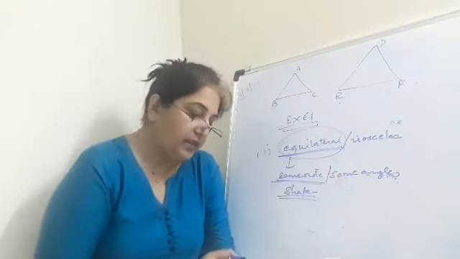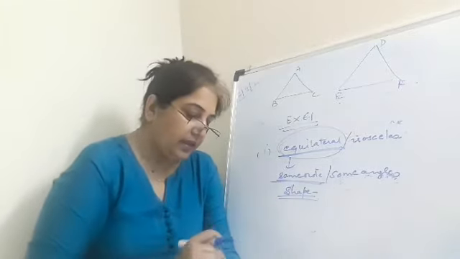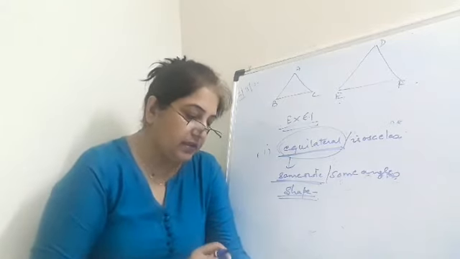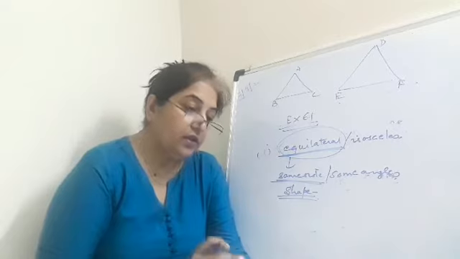Then the next question is, give two different examples of pairs of similar figures and non-similar figures. You can write two examples of two similar figures and two non-similar figures. You can draw the figures, and then in the next question there are two diagrams given. State whether the following quadrilaterals are similar or not, and then you can give the reason.